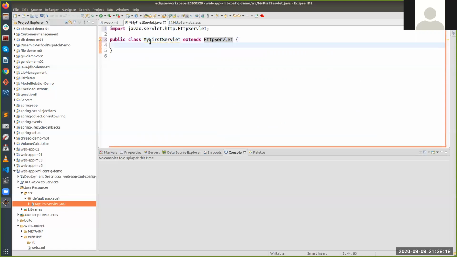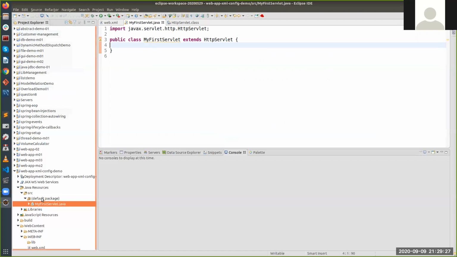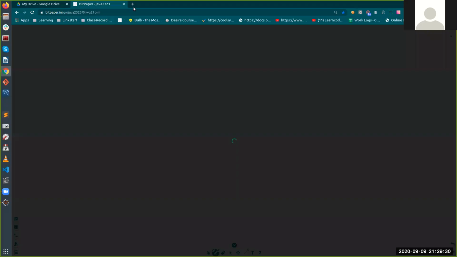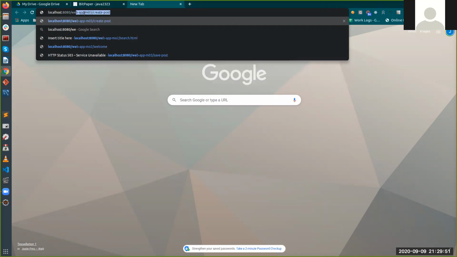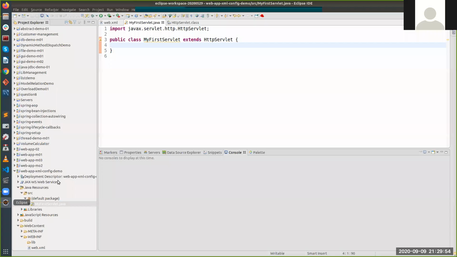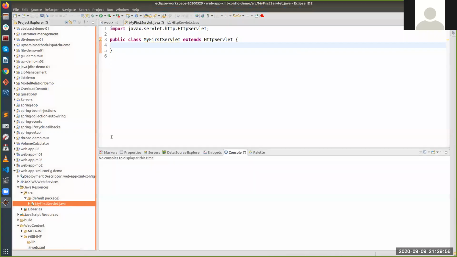Now even when you are going to write your first servlet, right? Whenever you write your first servlet, since it is going to be running from the URL, that means if I write localhost, my server would be on port number 8080. So my server would be running on some port number. I'll tell it that my request should go to this particular port number, and the port number is mapped with your server, right? So here I'll write web, we gave some context path, right?